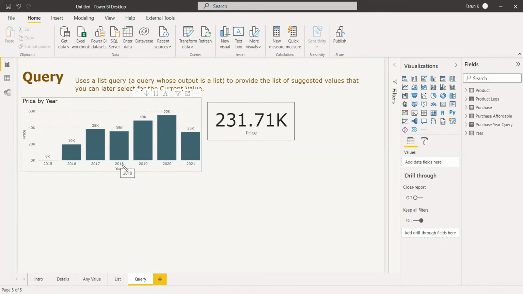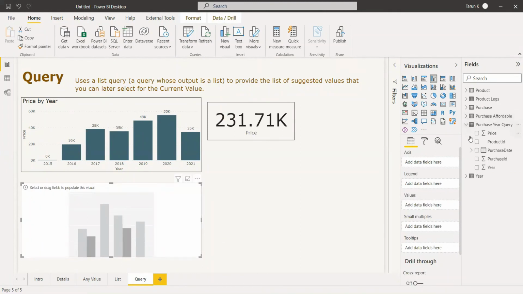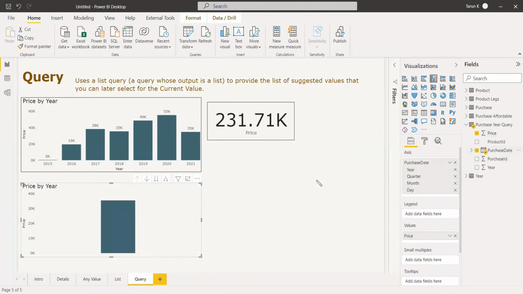So when we create this new clustered chart, we should get only this value. We take the clustered chart and add the purchase table, price, and purchase date. Yes, we got the 2018 year only because we have selected only 2018.